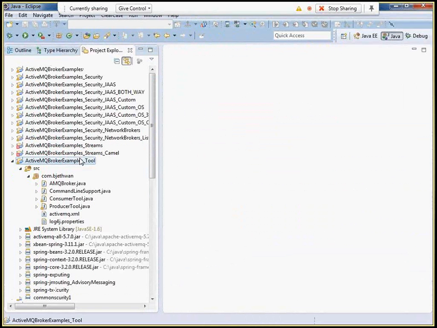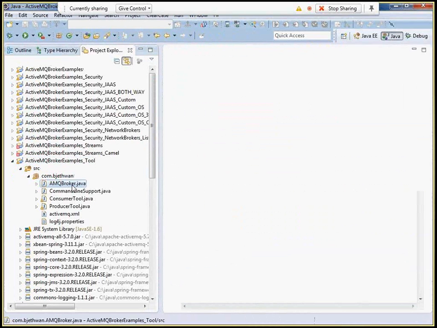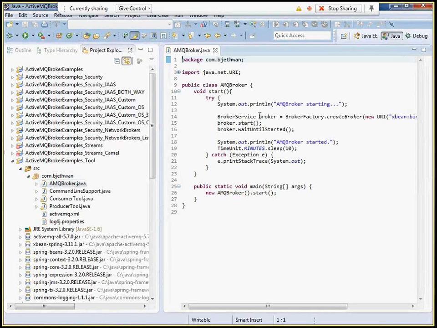So you can use this with any project, with any broker. But in this particular case, just for the demo, I've created this broker. This broker is pretty simple. Normally you create a broker service by